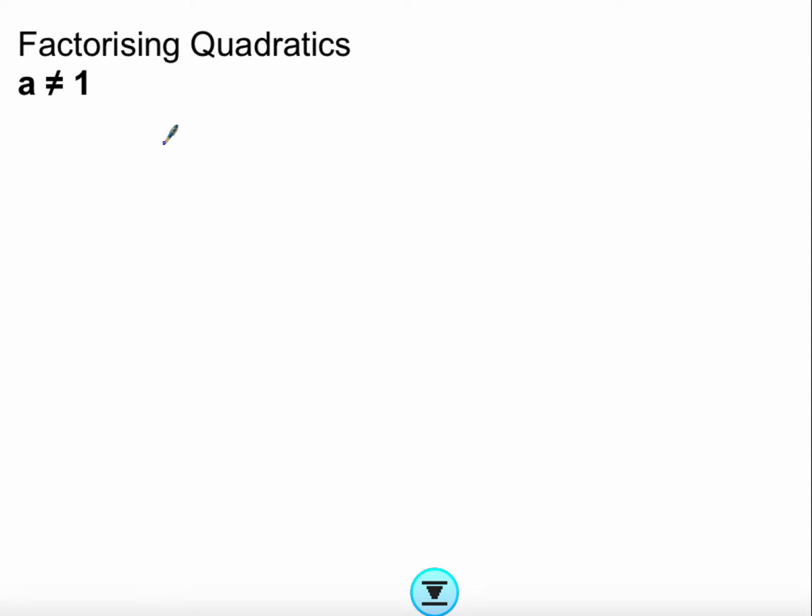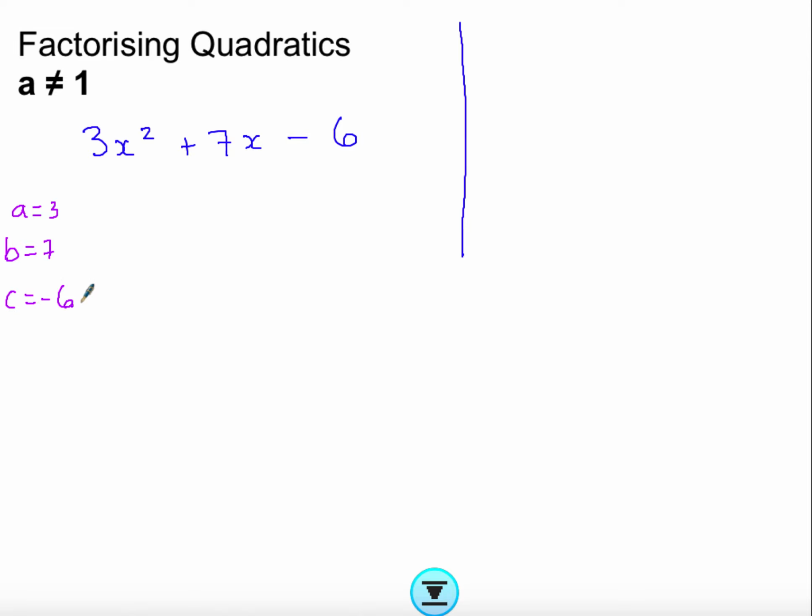differently. So if we go through an example, say 3x squared plus 7x minus 6. Now the first part is we're still going to use product and sum, but before the product and sum method, we need to do an extra step, and after the product and sum method, the factorization is going to be slightly different. What you're going to do first, let's just identify our a, b, and c. So our a in this case is 3,